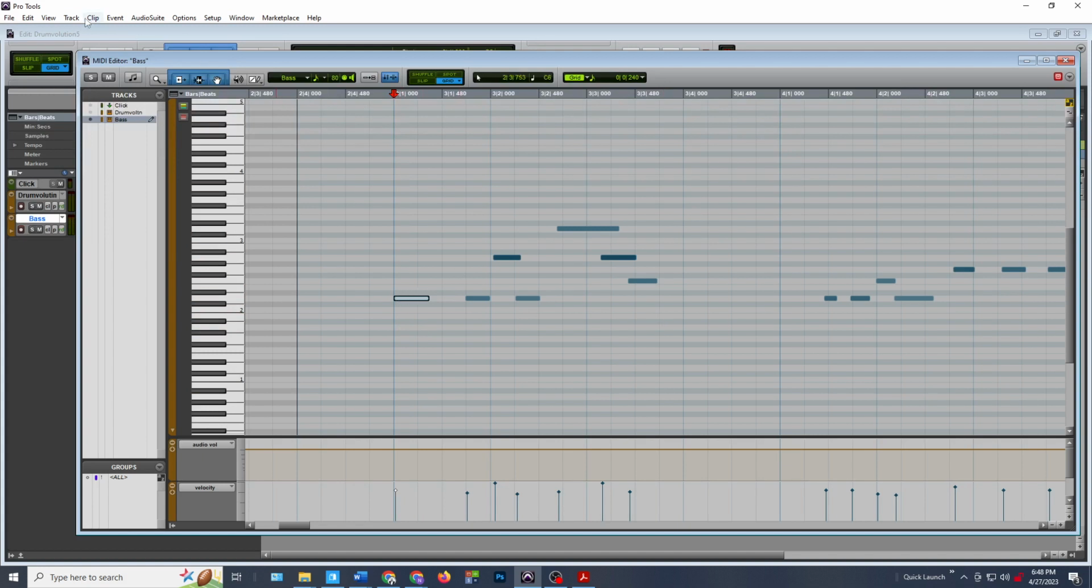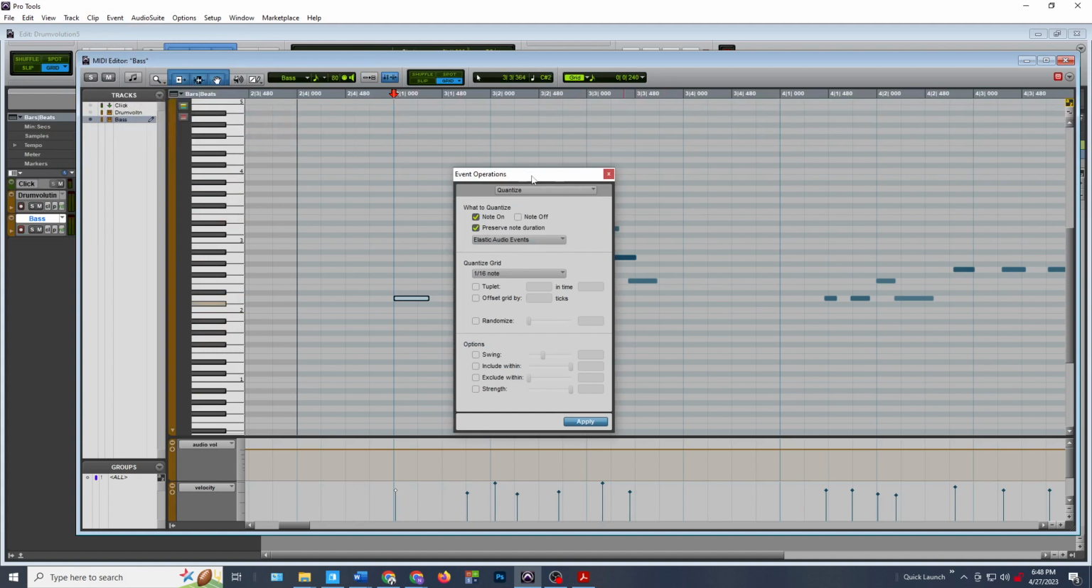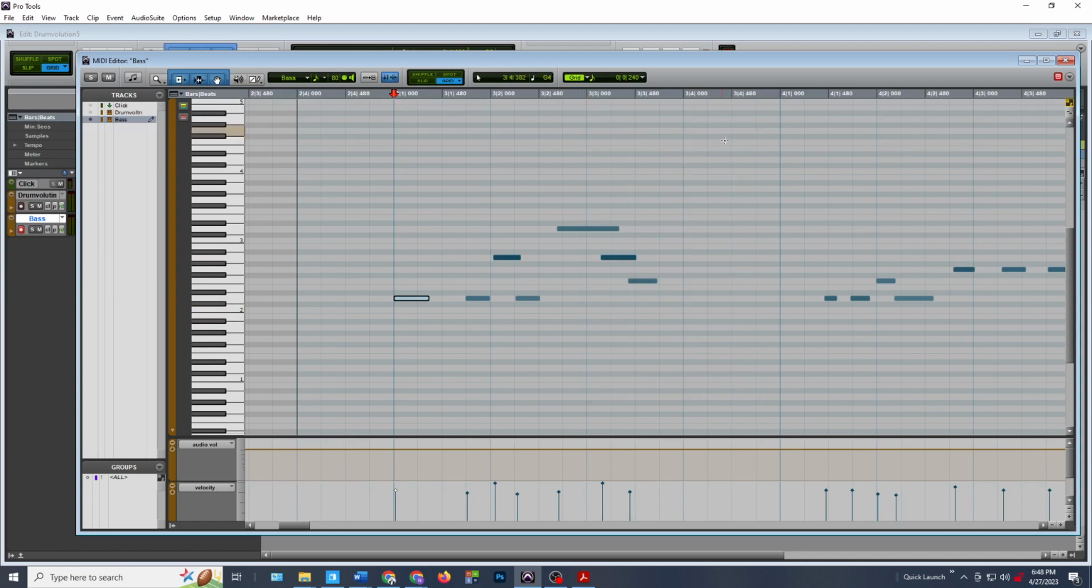So you go up here to the menu, click Event, Event Operations, Quantize. You click that. Bring this over a little bit. And now this is a pretty fast and syncopated phrase, so I probably want to stay in 16th notes. Let me show you why. If I go to whole notes and then click OK, click apply, oh, sorry, I have to select everything